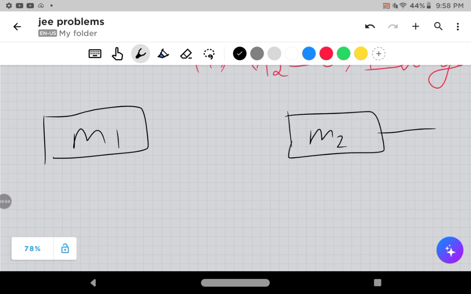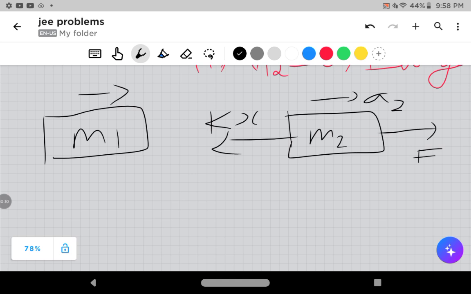So M2 is experiencing a force. The acceleration of M2 is along this side, it's a2. The spring force is kx. The acceleration a1 is along this side, because until M1 moves, the spring is getting elongated. For example, if M1 is at rest